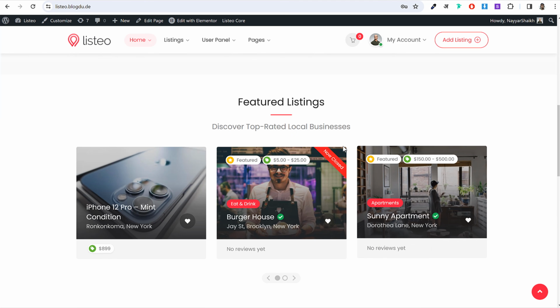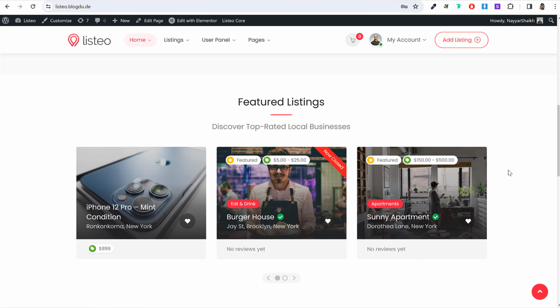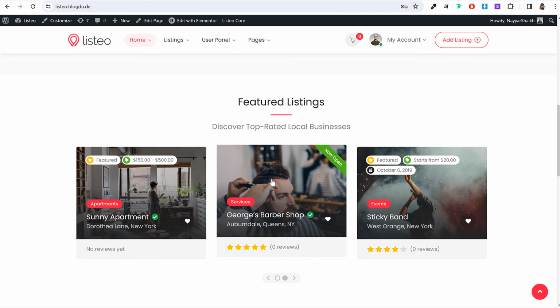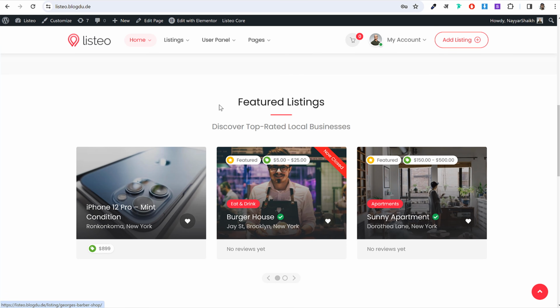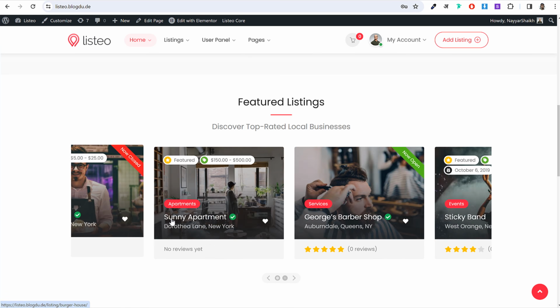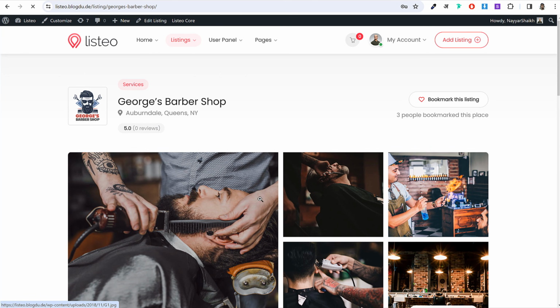Then if you scroll down, you can see these featured listings. When I say you, I mean the website owner, you who will be owning the website, the admin of the website. So you can take extra money from these service providers, and you can feature their listings on your homepage under this featured listing. Okay. So for example, if you open this barbers option, if you open this hairdresser or this